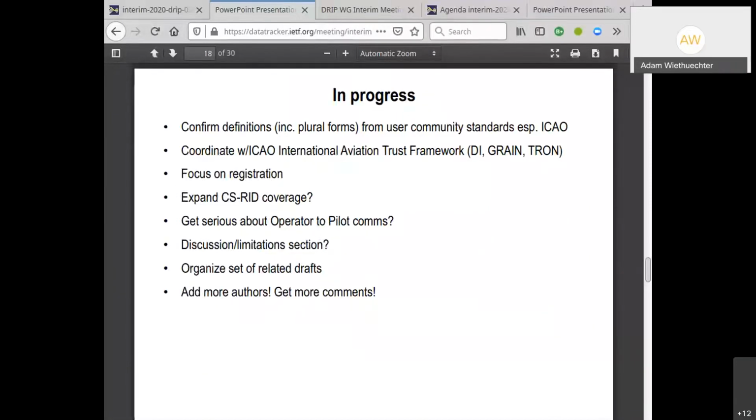And also, this is true, and also we can do this without the USS involvement. Like ForeFlight and Stratus don't even talk to ATC. They just acquire ADS-B data from the ground, right? So whoever adopts the IETF DRIP standard can start their own remote ID servers or providers, which the other products then just query for the data. So we can do it either way, right? But with the USS involvement, it's much better.